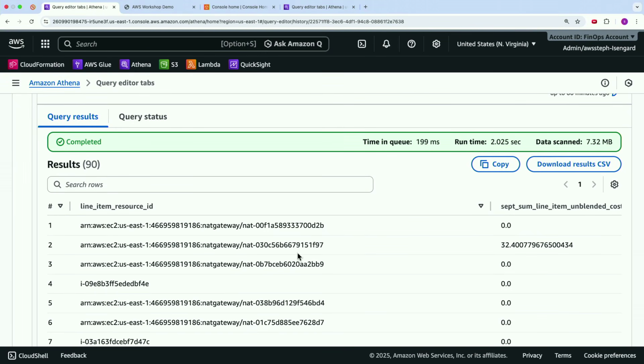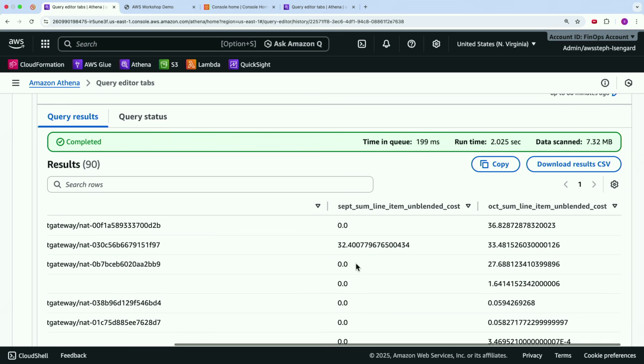So as we see here, we've got some NAT gateway spends coming through, and we've got some new spends happening in October. So we've got this one here, it's pretty much the same. So this must have been around in our environment before, but we've got two new resources. I could have tagging on this NAT gateway, which will probably tell me who owns this or what part of application it's associated with. But the issue we have with NAT gateway and also with the mode of data transfer is